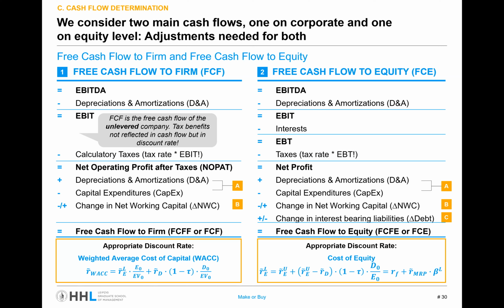What that means implicitly is that paying interest to a bank or to debt holders is basically subsidized by the government. So you pay 5% of interest to a bank, but if the tax rate is 30%, then 30% of those 5% you get back. So effectively, you just pay